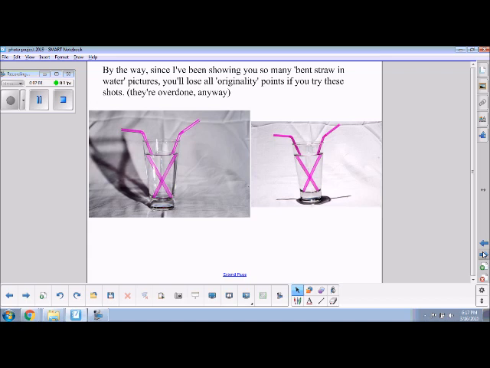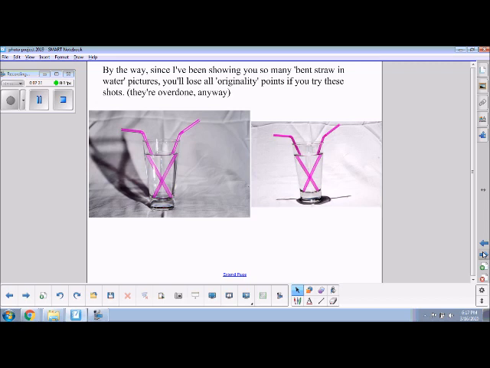You do want to avoid cliche photos, things that show up over and over again. Just at this point, they're not that interesting, and if they even did make it to the photo contest, at the other end, they'd say the same thing. Oh, look, it's another bent straw. So avoid it. Now, that doesn't mean you can't do a refraction photo, but it's got to be new, different,